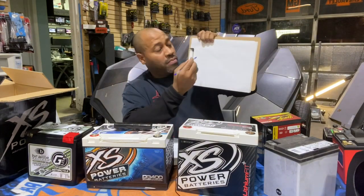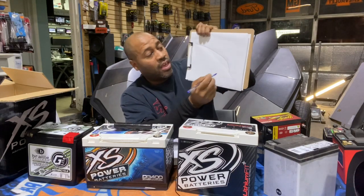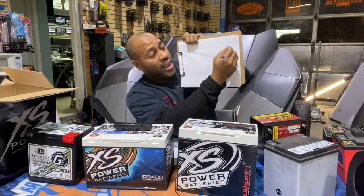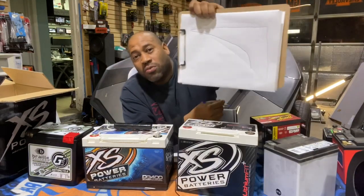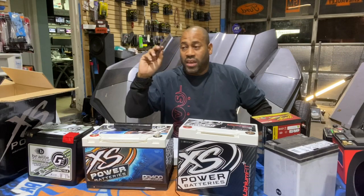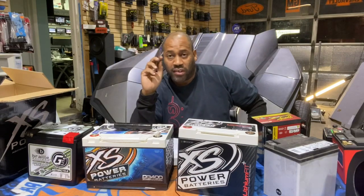So a standard battery gives you power and immediately starts dropping down like that. A lithium battery doesn't do that. The lithium battery continues to give full power and then at the end drops straight down and doesn't work anymore. So it's not that the lithium battery is giving you more power. The lithium battery is giving you maximum power for a much longer extended period of time. It can continue to give you the same output in the first 10 minutes, 15 minutes, 20 minutes, half hour, hour. An AGM battery will give you full power for the first 10 minutes and then it will start dropping